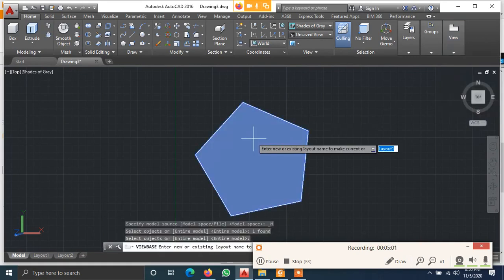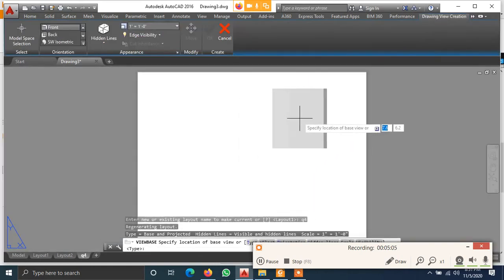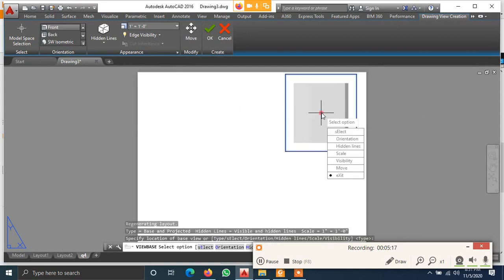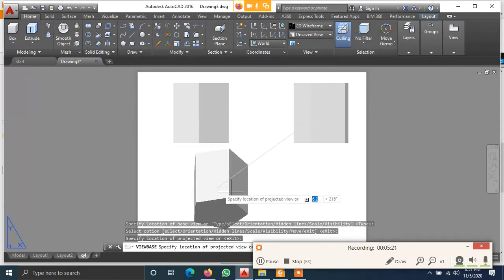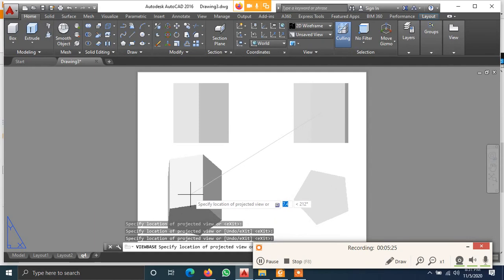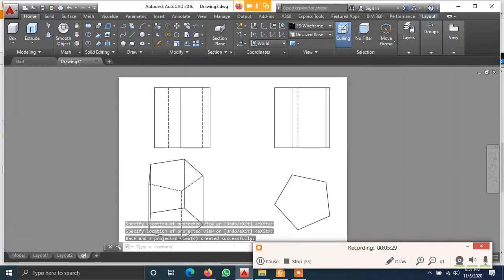Select the object, which is question number 4. Here it is given as which side view? Right side view. In first angle projection, right side will be on the left side of your front view. So first you start it from here. Enter. This is right side view, then this is your top view, this is your isometric. Make sure you follow this, if not your problem is wrong.